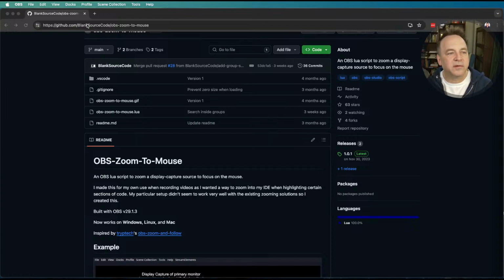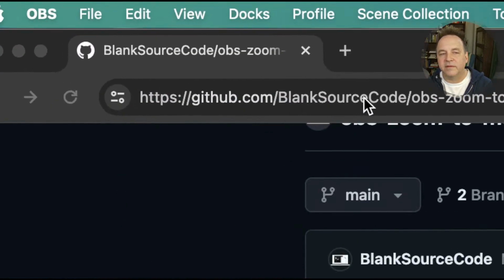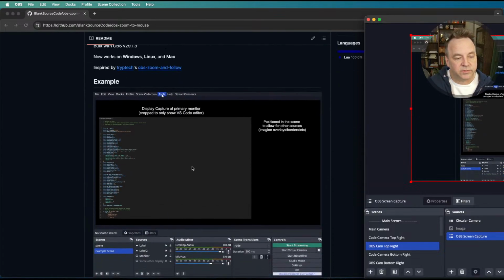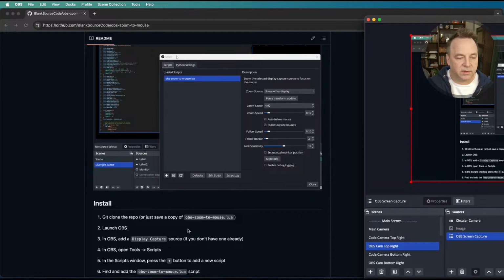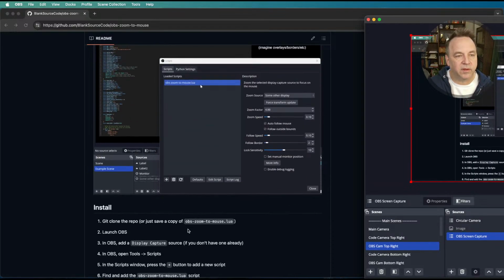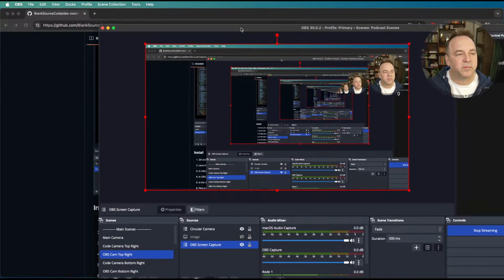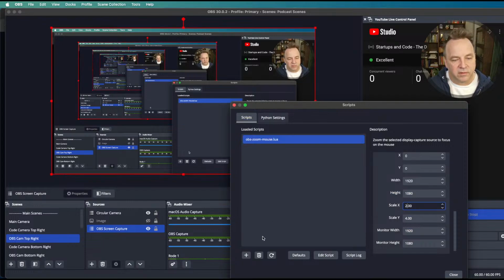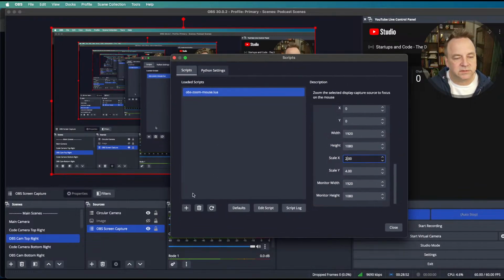So I come here. This is the URL. But yeah, you can just type it and figure it out. But really simple. Here's the actual script. It has step by step on how to do it, but really all you do is, yeah, you go to tools. Let me bring OBS back so you can see what I'm doing. You literally go to tools, you go to scripts. Down here, you click on the plus to add the script,